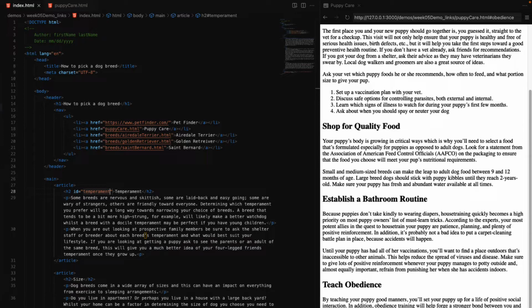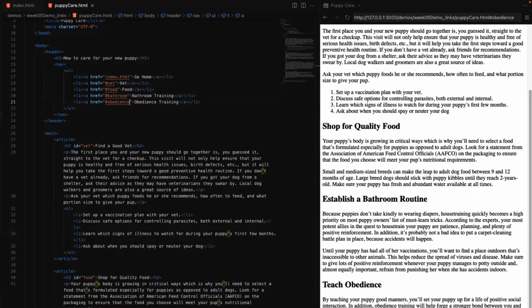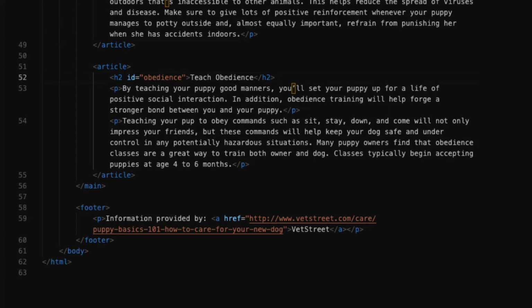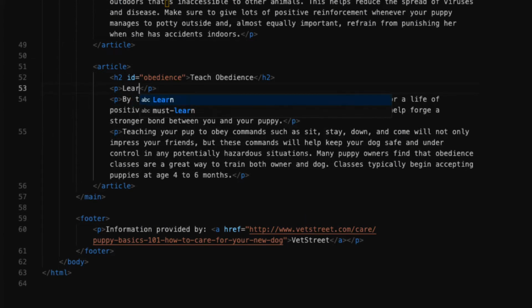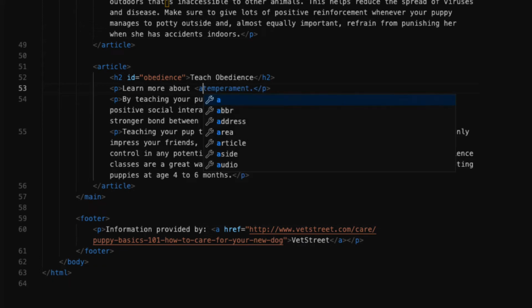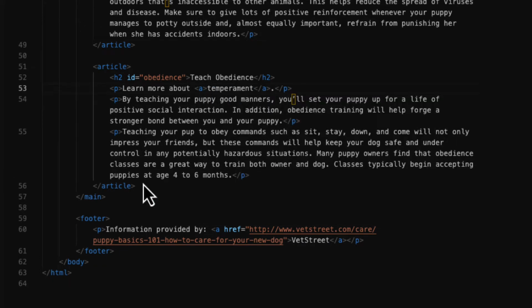So let's go back to our puppy care page, and I'm going to scroll down to that section that talks about obedience training, and I'm going to add one more paragraph. This one's going to say "learn more about temperament." I'm going to wrap the word temperament inside of an anchor element, and then I'll backfill my opening anchor tag